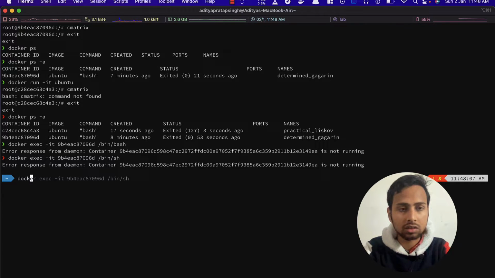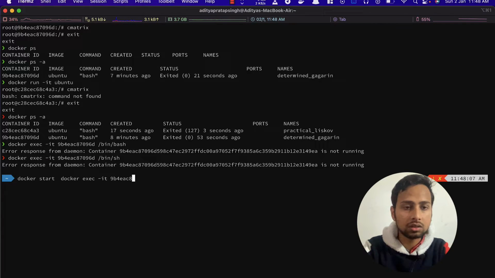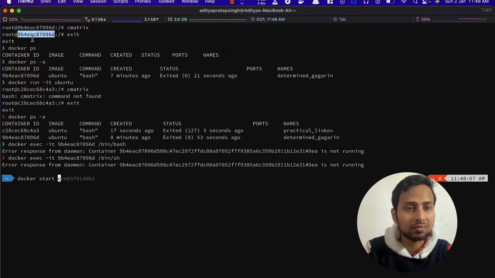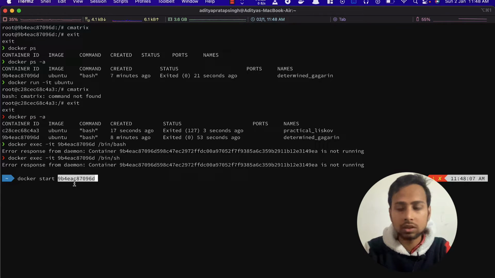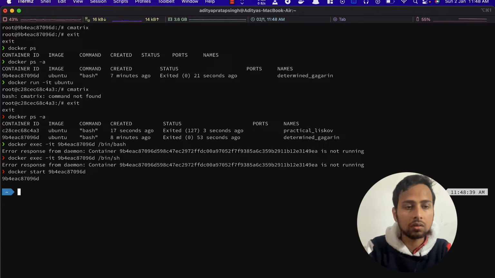So we need to first start the container. We can say docker start, and then we just specify the name of the container, or paste the container id of the container we want to open, which was this 9b something. Now it is successfully started.